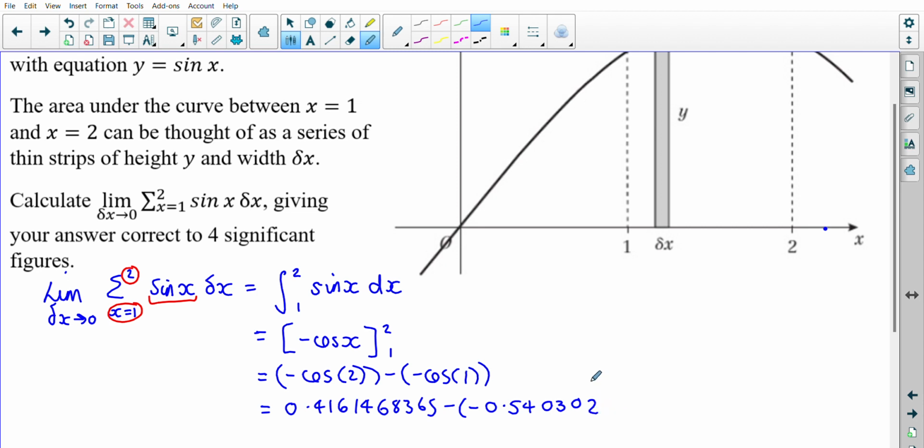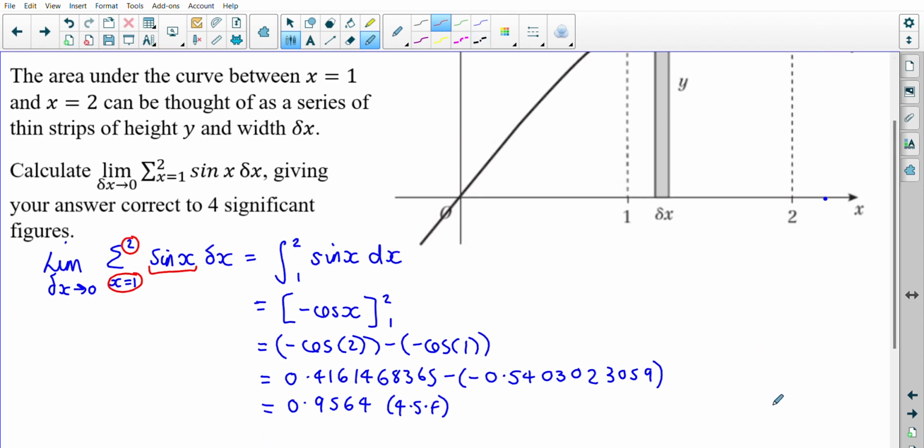Just checking the last few digits. And then if I sort that out to 4 significant figures, I get 0.9564. Now, if you were to check that on your calculator,